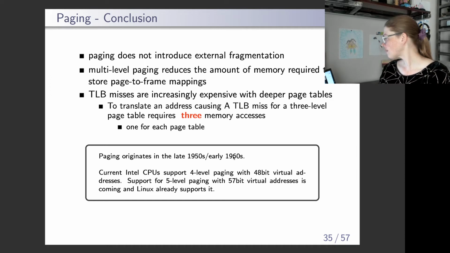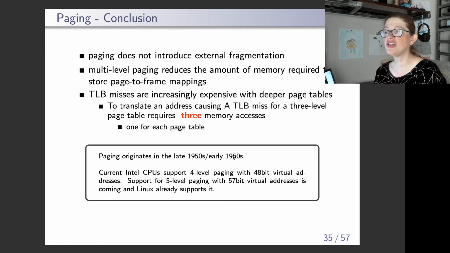Now, we have a question on Twitch. How do we decide what a good size for the TLB is? So this is going to have to depend on the architecture. That's going to depend on how much space on the CPU do you want to dedicate to the TLB cache. You'll have to ask yourself, how much RAM are you anticipating your users to install? What is the average size of a program? How frequently are we going to do process swapping? So there's lots of different considerations that would go into the discussion of how big do you make the TLB,